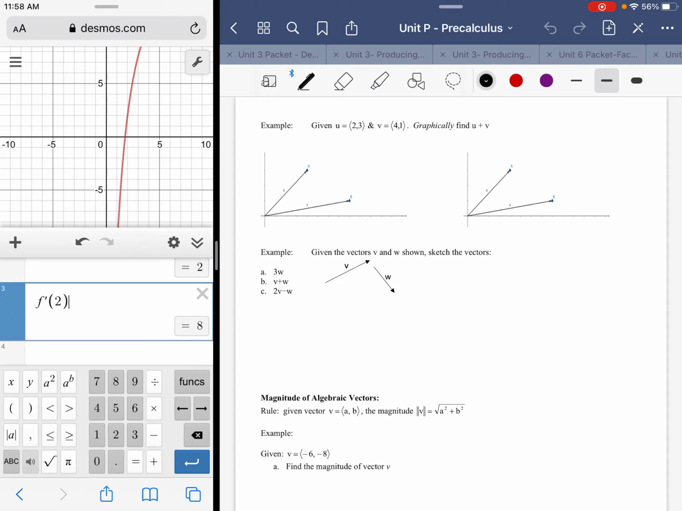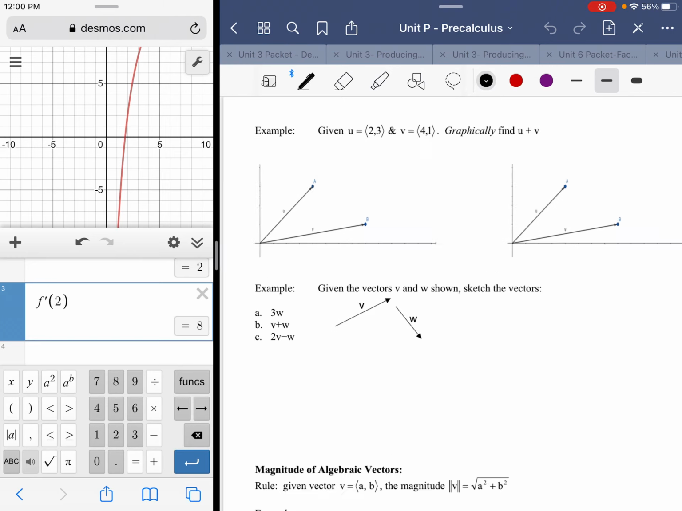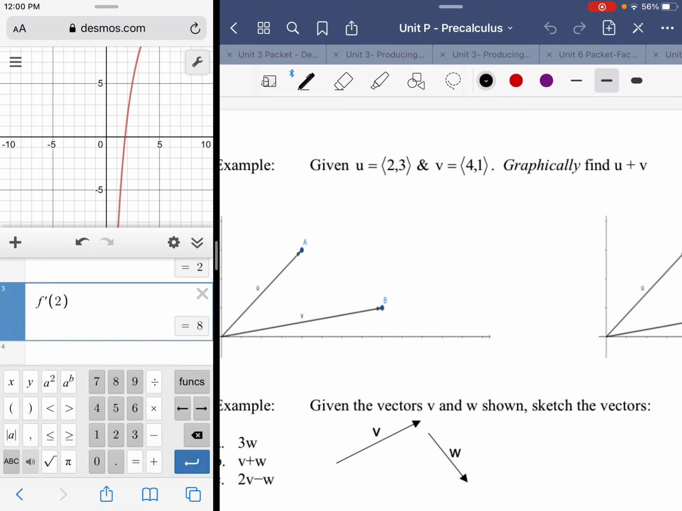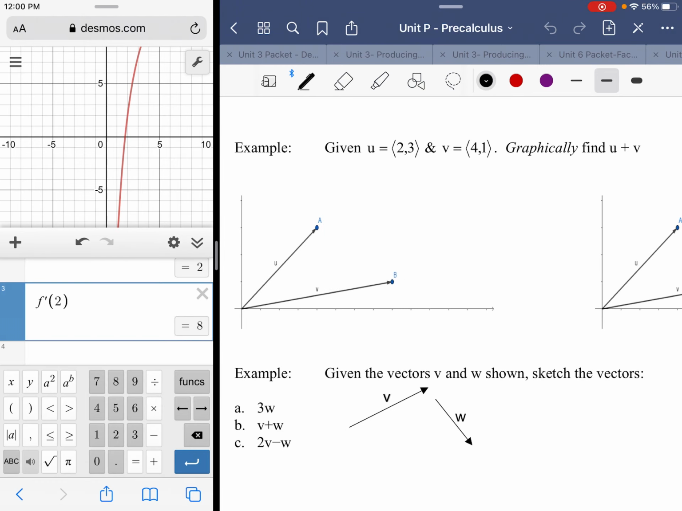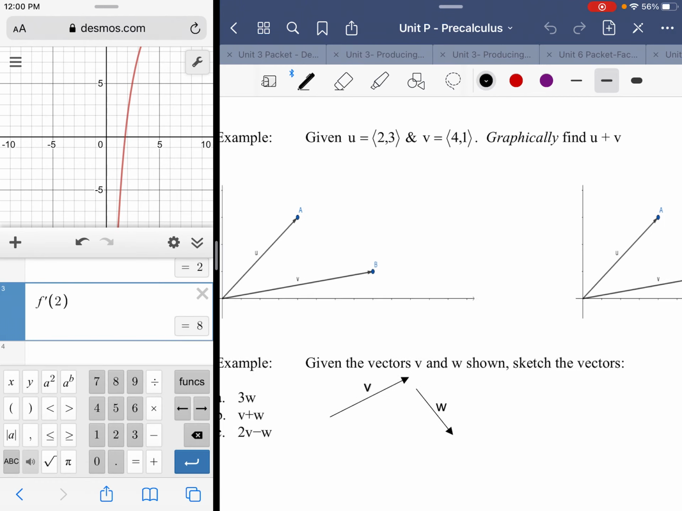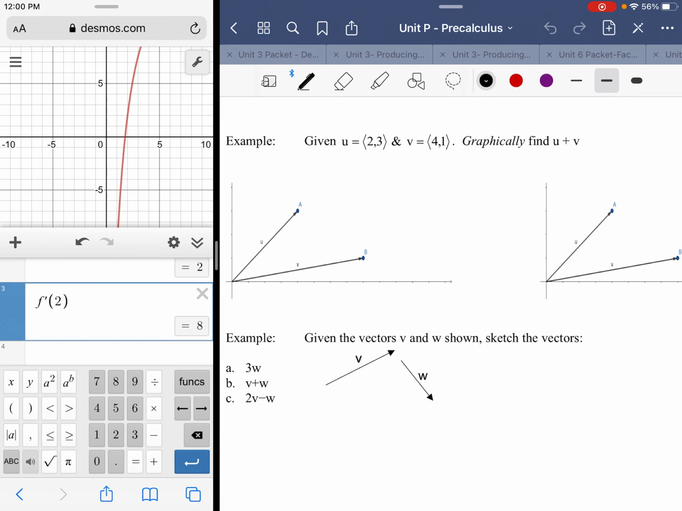So we're looking at page 17 in the Unit P packet. Here we're talking about graphically finding the solution to vector sums and scalar products. So we don't want it to be just as simple as adding the two components to one another. We want to do it graphically. It's kind of weird to think about it that way. And it's like, well, how do you do it graphically without taking into account any